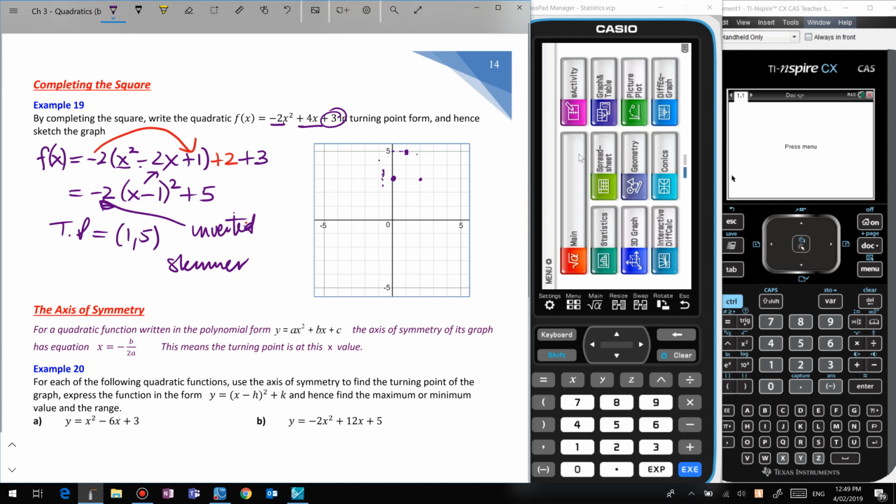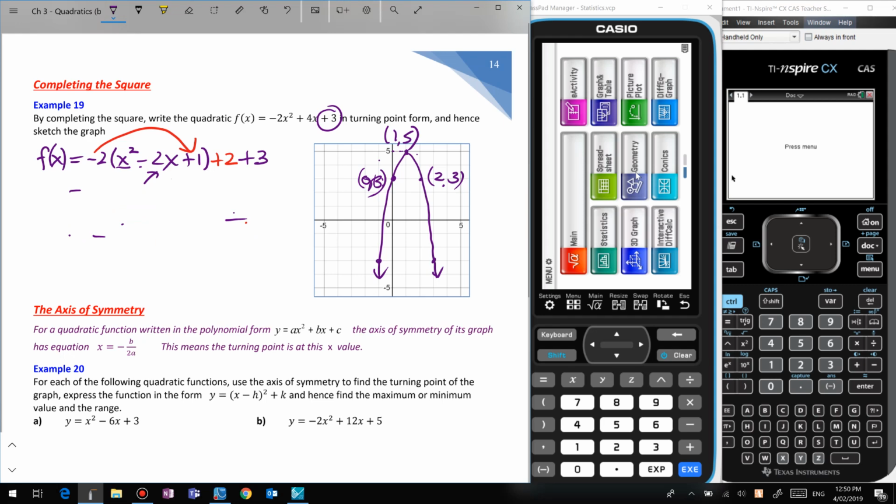And if we go across 2, I've got to go down 8. So 1, 2, 3, 4, 5, 6, 7, 8. And then there. Okay, so that's our graph. We know our turning point is 1, 5. If we let x equal 0, we've already got our y-intercept, it's 3. So we know that's 0, 3. And we know that is 2, 3. To find our x-intercepts,